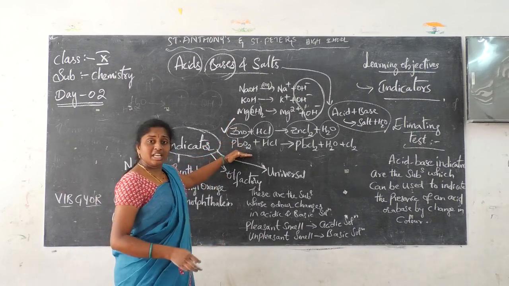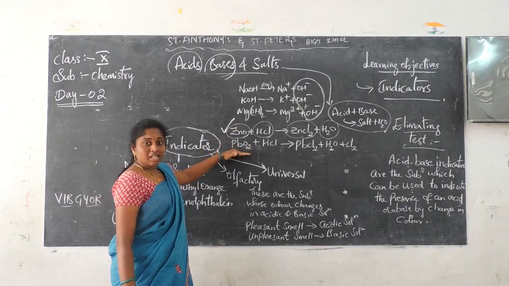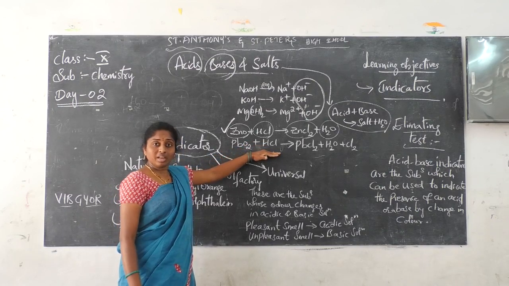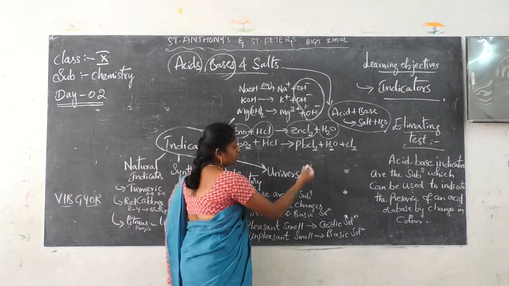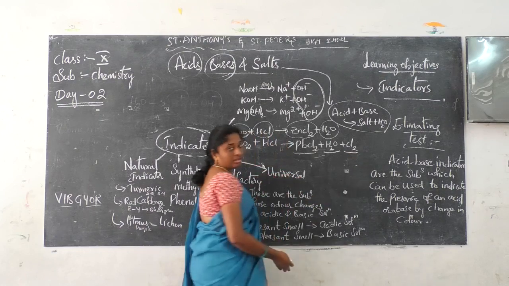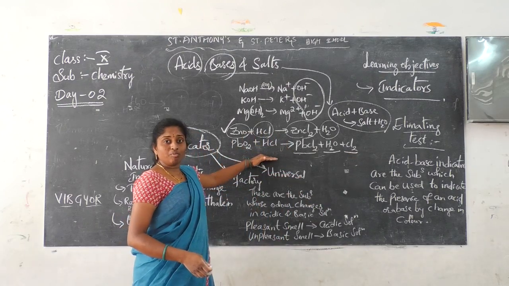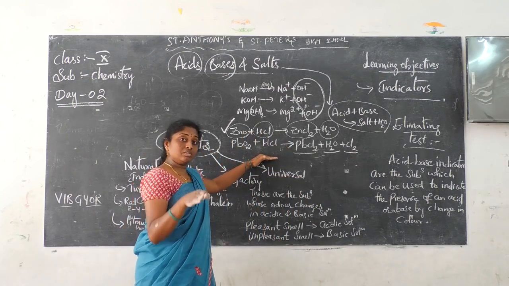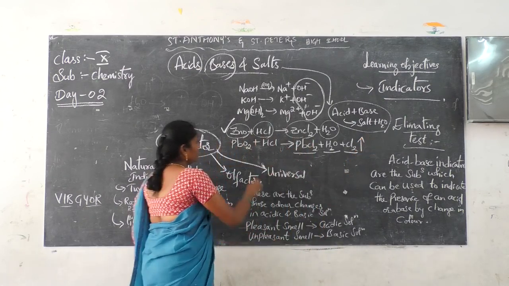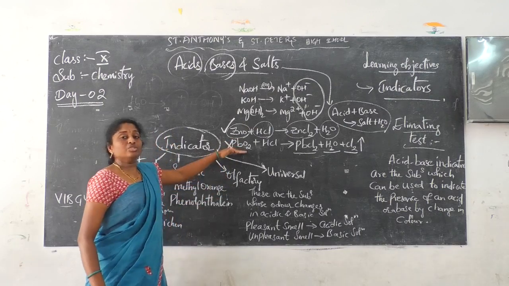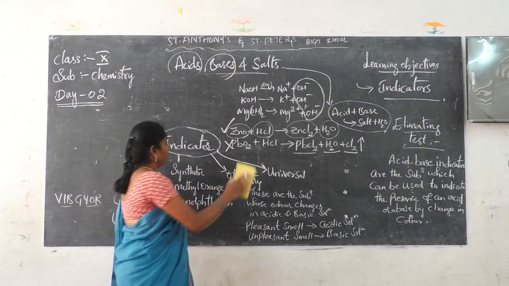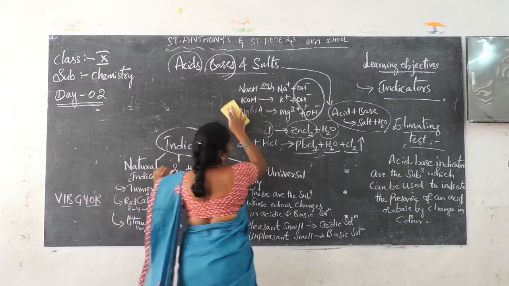But check the second example. In the second example you can see lead oxide is present. Lead oxide is reacting with an acid and giving rise to lead chloride, water and chlorine. So here it is not only the salt and water; even chlorine gas is liberated. So here it doesn't come under the base. You have to note down this point also when you are talking about the base. Okay, now next.